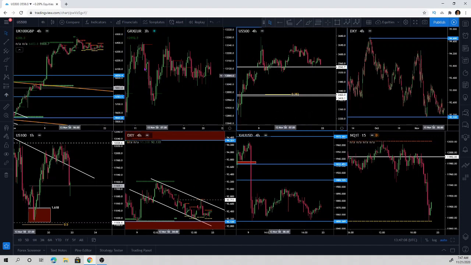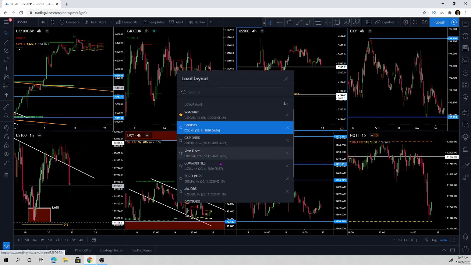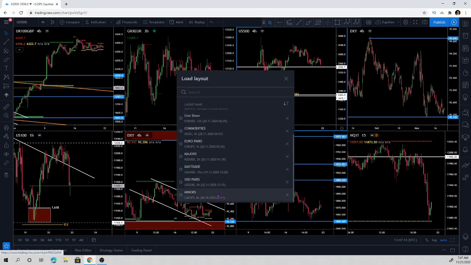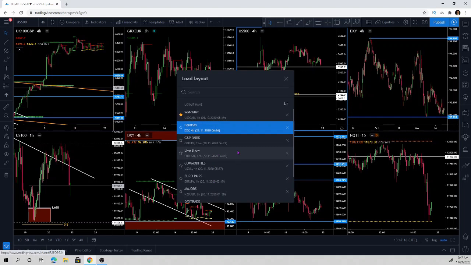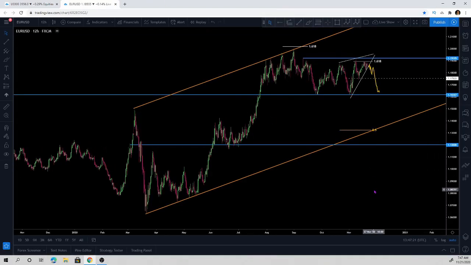Okay, so we're going to start with a clean chart. All right, let's say the euro versus the US dollar. So this is the euro USD, but this is the free signal that I sent on Friday. So there you go. This is the projected move on the euro USD, and in fact, using support and resistance